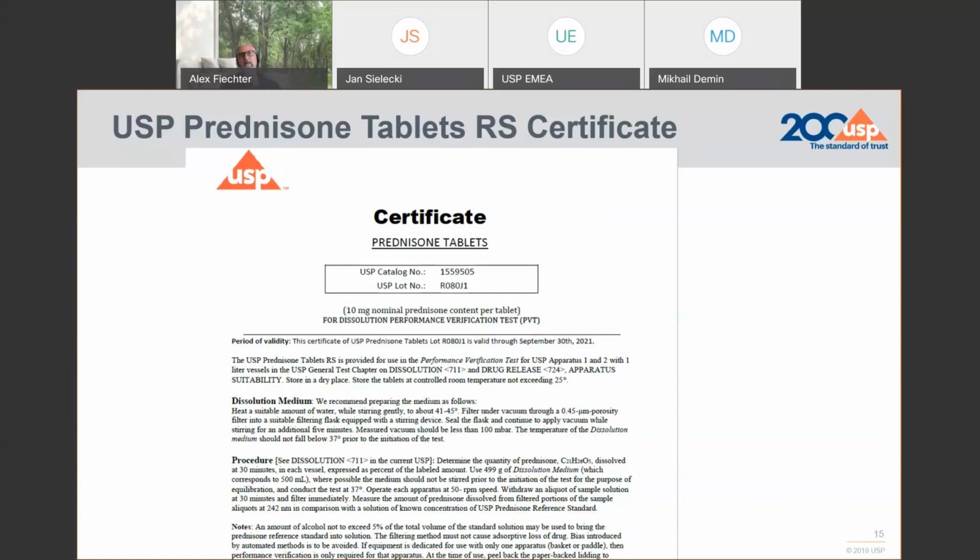And if you look at other reference standards from USP, this is the only real reference standard at USP that has an expiry date applied, but it's also the only formulation as a reference standard. Everything else is an ingredient, either an excipient or an API. So there you have a protocol. You are asked to follow that to the point, how you discuss the dissolution media, the procedure itself. And I really encourage you to follow that by heart.